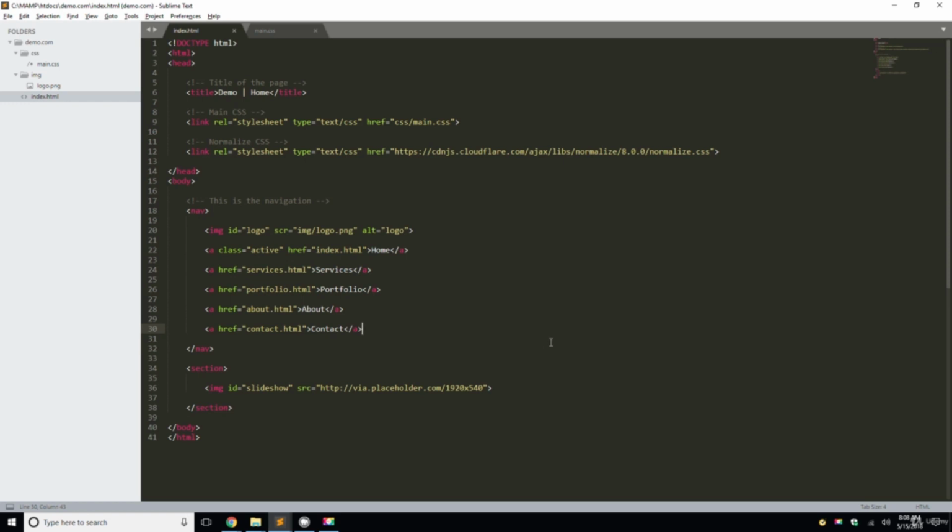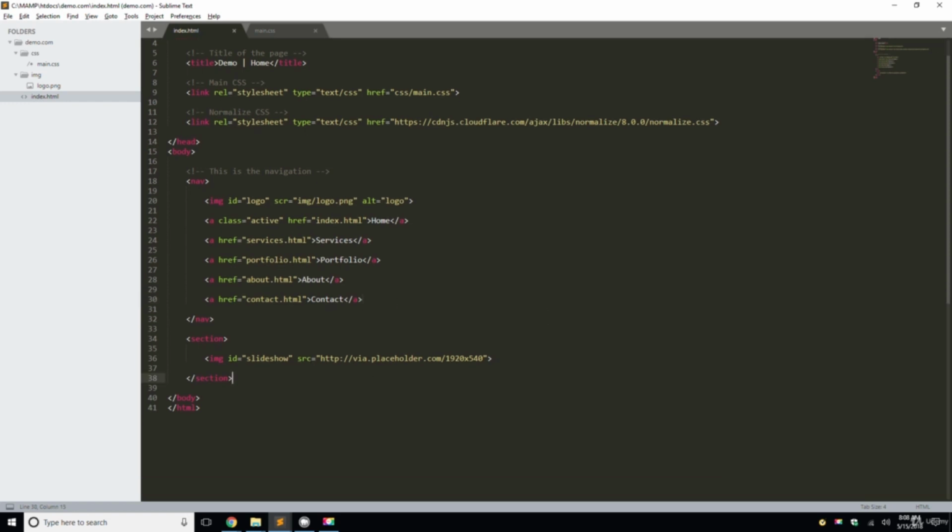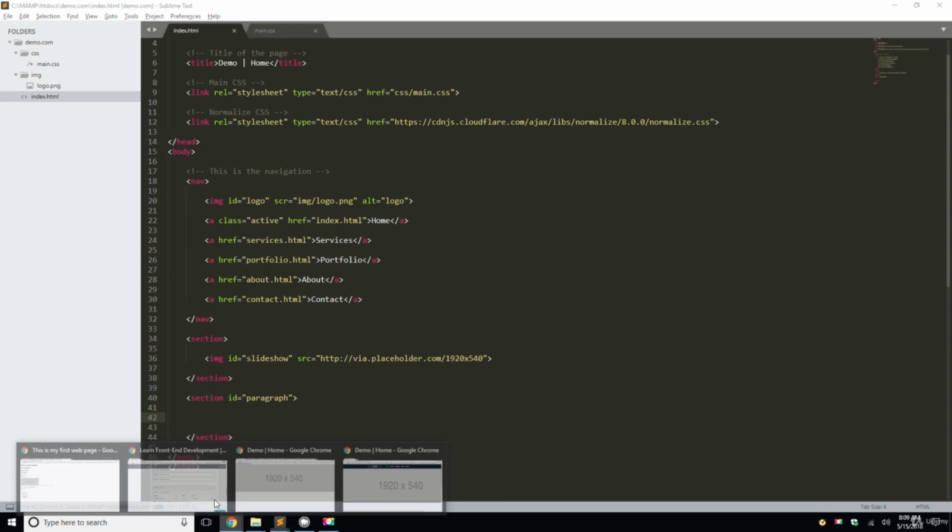That's really strange. Okay, so now that we've added the slideshow, what we're going to do is add another section, and we're going to give this an ID of paragraph. Then we're going to close that section, return 3 times, go to line 42, save it, go to Chrome,